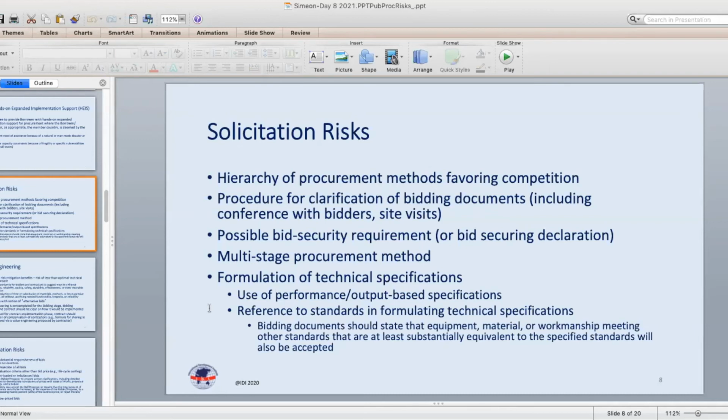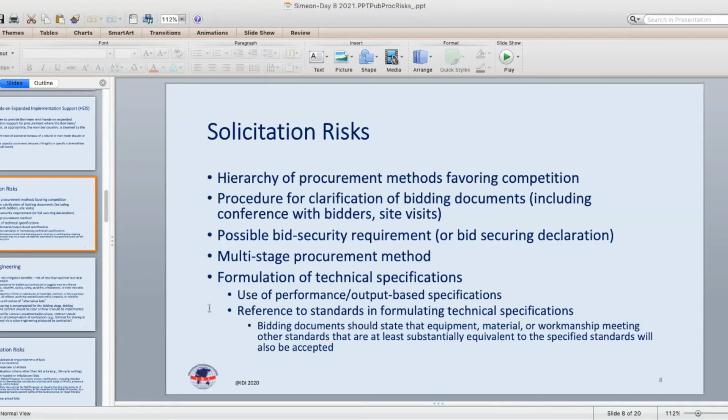which is cost-free to the bidder, in the sense that there is no bank fee that has to be paid, because all the bidder does is sign a letter or a statement or a declaration that says, if I don't sign the procurement contract when I'm awarded the contract, I agree that I will be automatically debarred for a period of time, whatever is specified in the declaration. Another solicitation risk is